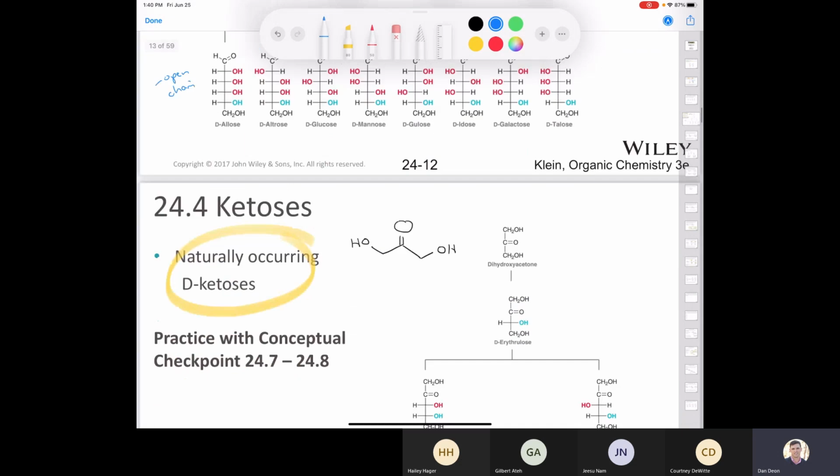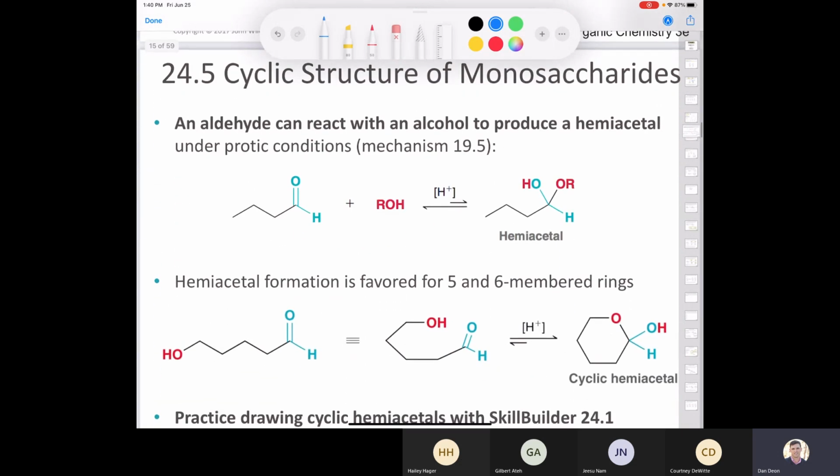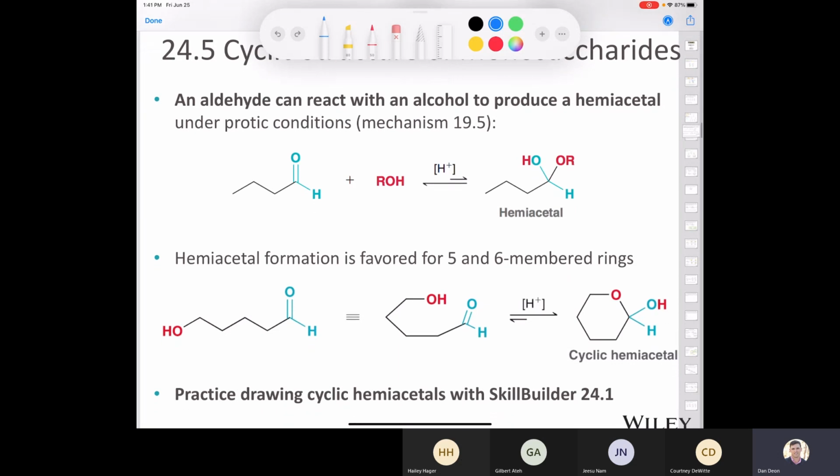But what happens is those open chains can form rings depending on the situation. And it says here that an aldehyde, if you remember, way back when we talked about acetals and hemiacetals, if you take an aldehyde and you put it in the presence of an alcohol with a catalytic amount of acid, we can produce a hemiacetal. Now, the equilibrium is usually going to lie to the side of the starting materials, except for certain situations. And one of those situations would be when we form a cyclic hemiacetal that has a